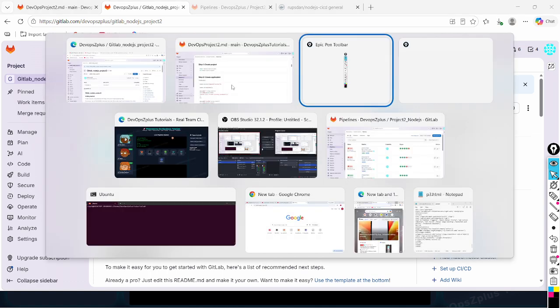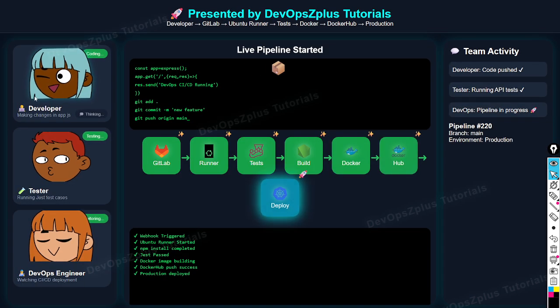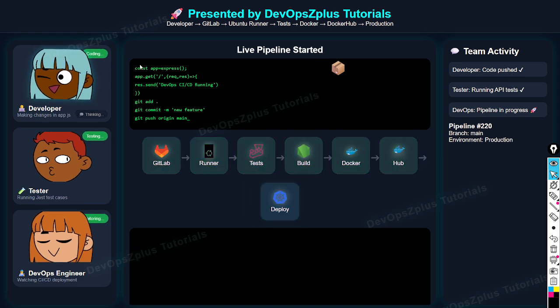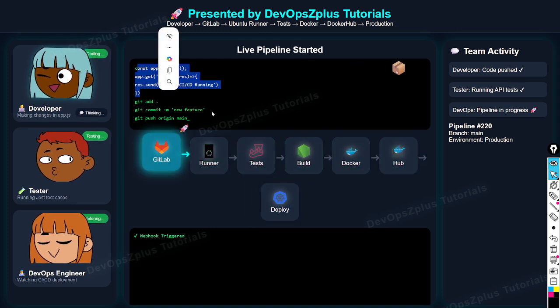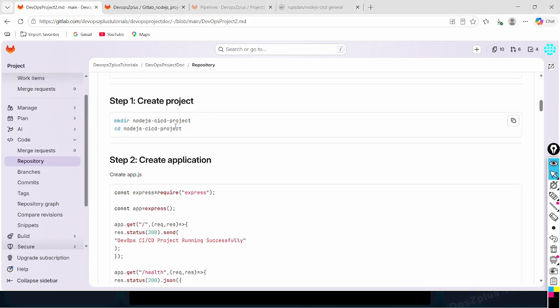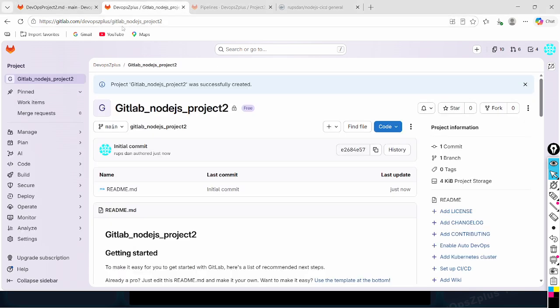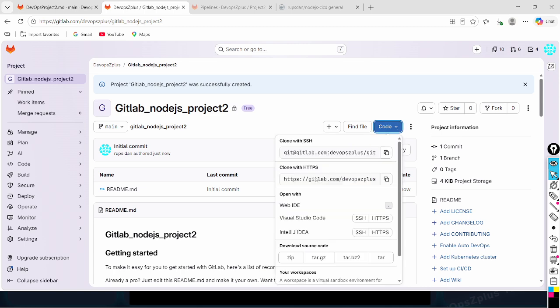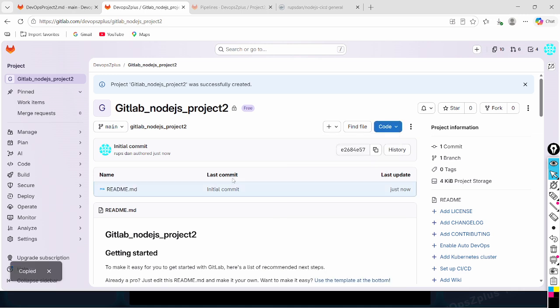See what we have seen in the presentation. Here the developer is making changes, like the developer is going to write the app.js file, right? So consider we are not a developer, but we are doing everything. Okay, so let's go back to our project and copy the URL from clone with HTTPS, and let's